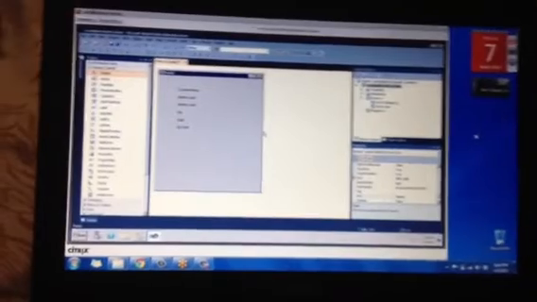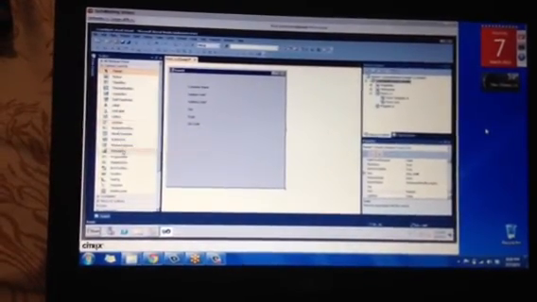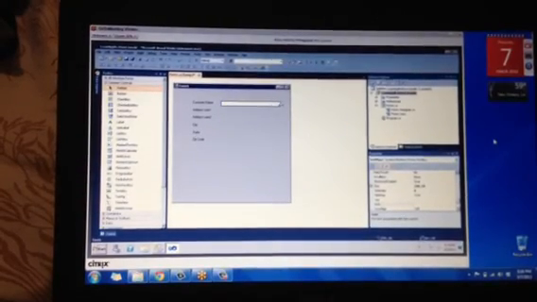And then zip code. So now I'm going to drag text boxes, so they can